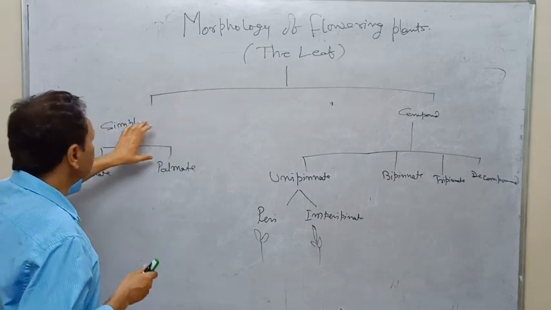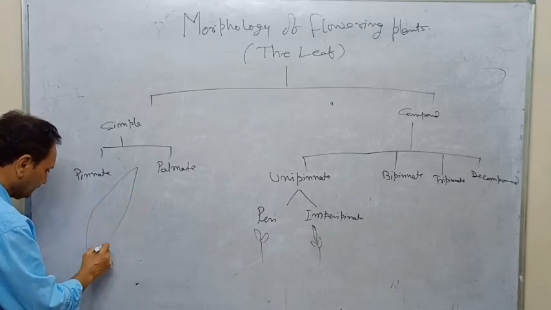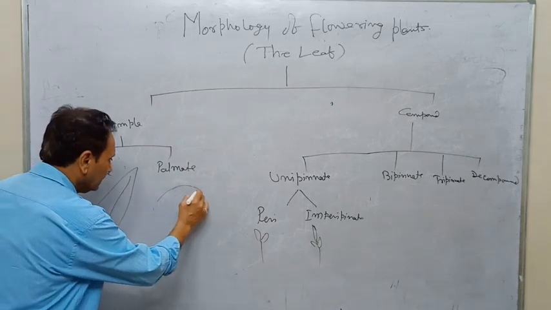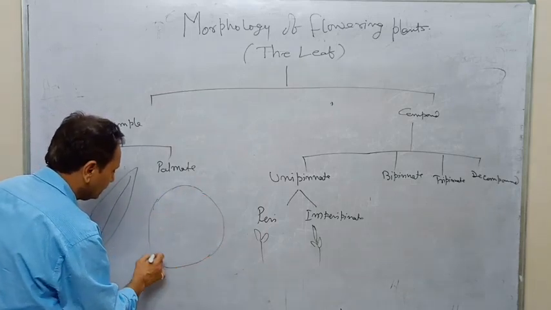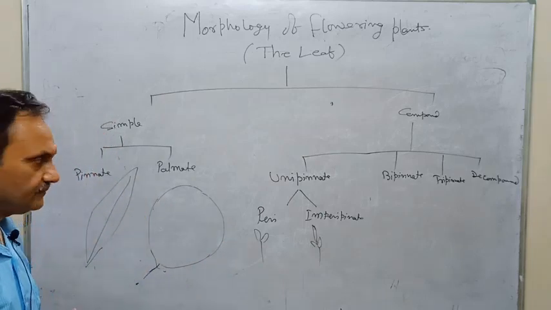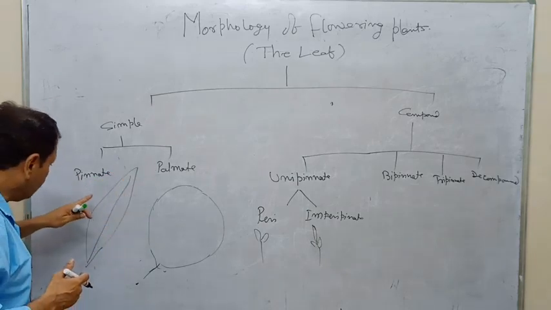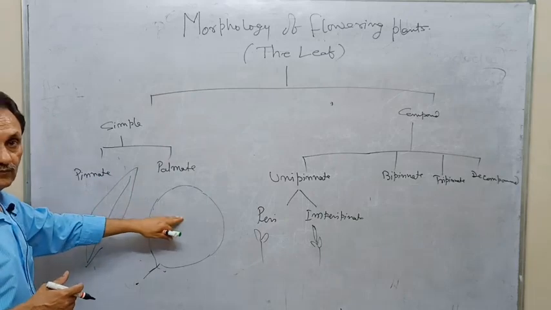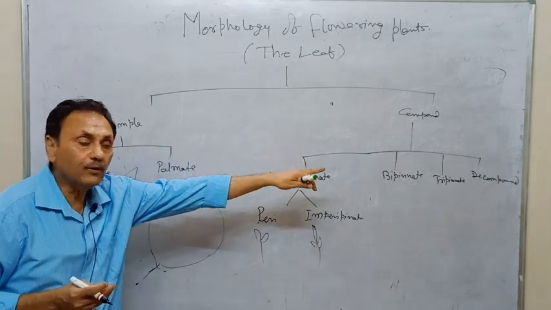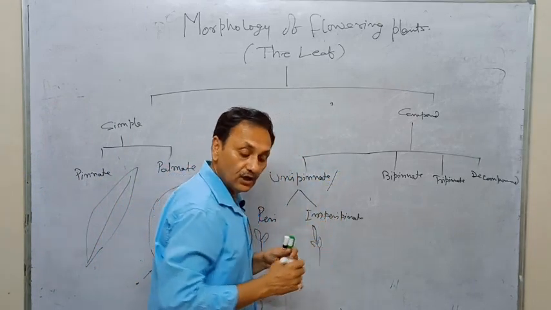Leaf is of two types, simple leaf and compound leaf. If the leaf is like this, then you can say that it is the pinnate leaf, and if leaf is like this, then we can say that it is the palmate leaf, palm like leaf, that is called palmate leaf. Now due to incision, if the pinnate or palmate is divided into different leaflets, then we can say that they are converted into compound leaf, and this compound leaf is unipinnate or